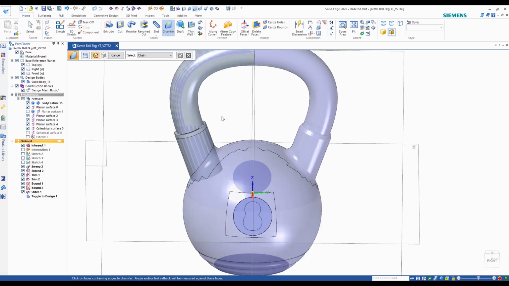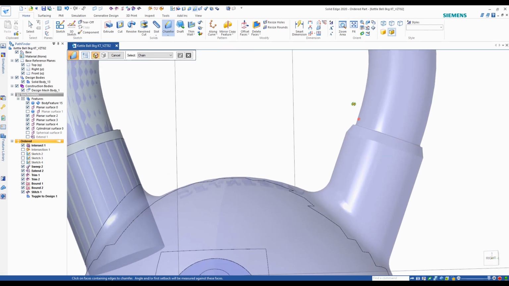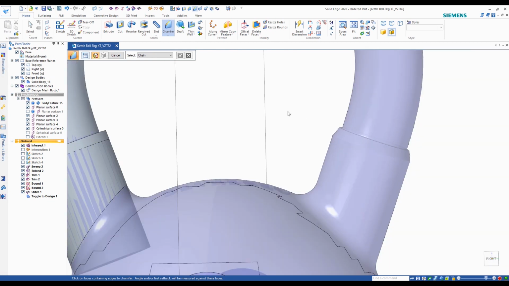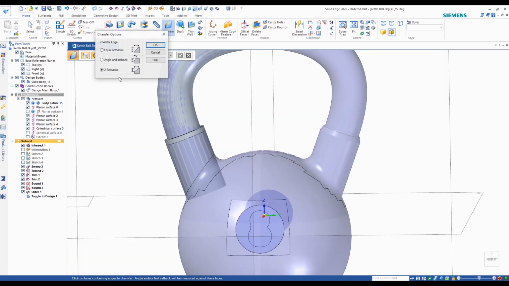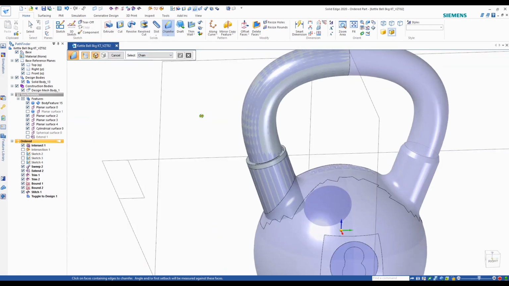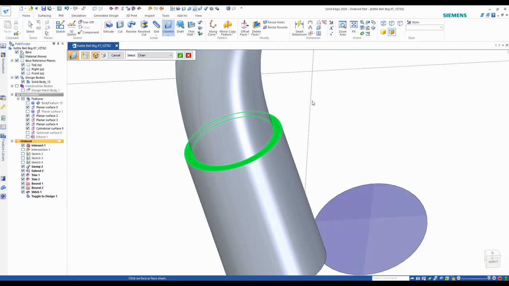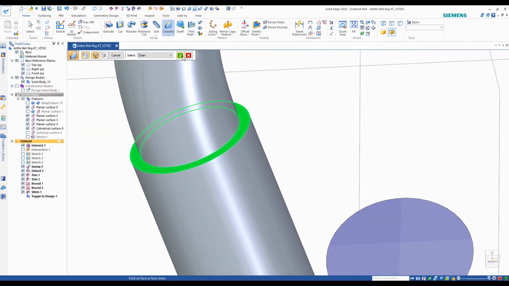You can see that it's not equal setbacks. One is obviously longer than the other, the cutout. So just go to your options, choose the 2 setbacks option here, select OK, and then chain. You want to select that top surface, hide this, make it a bit more clear, accept,